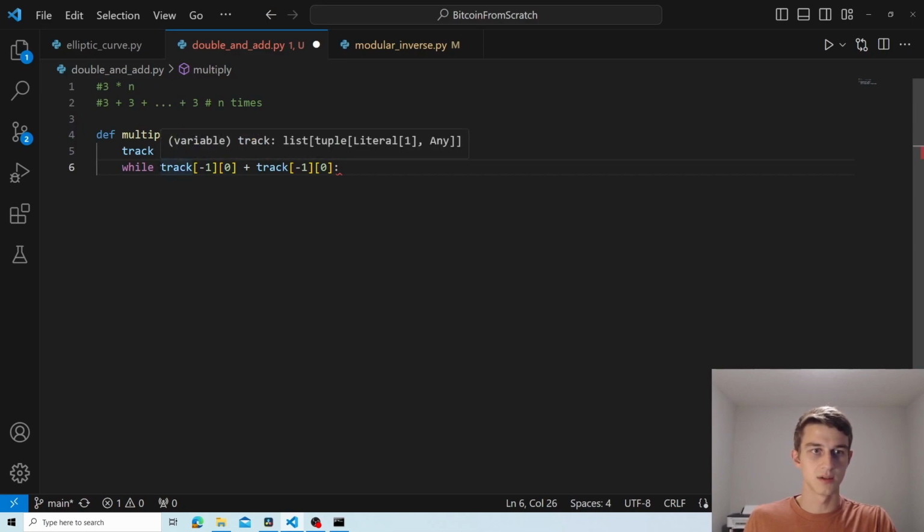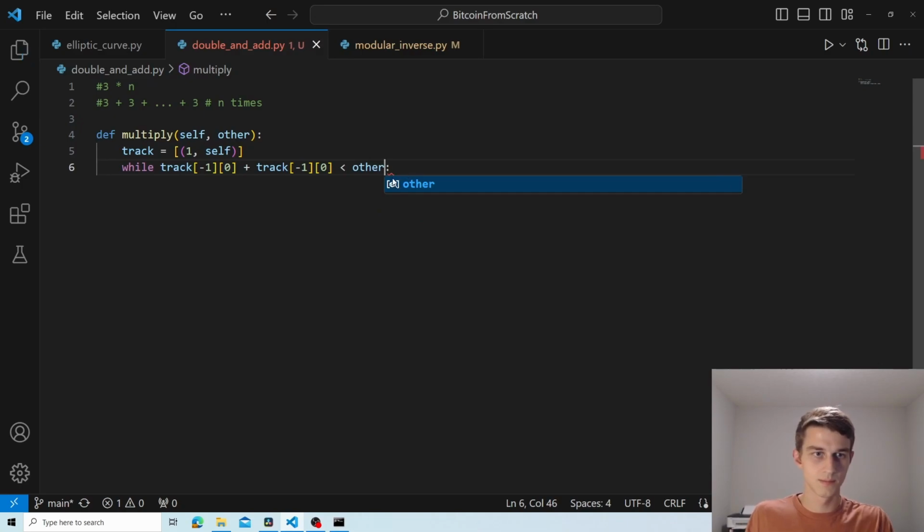So we can do the tracker plus itself, and let's check if this is less than our other point. Oops. And remember, this other is a scalar, so we always have some concept of less than or greater than with our integers, obviously. So if it is less than other,